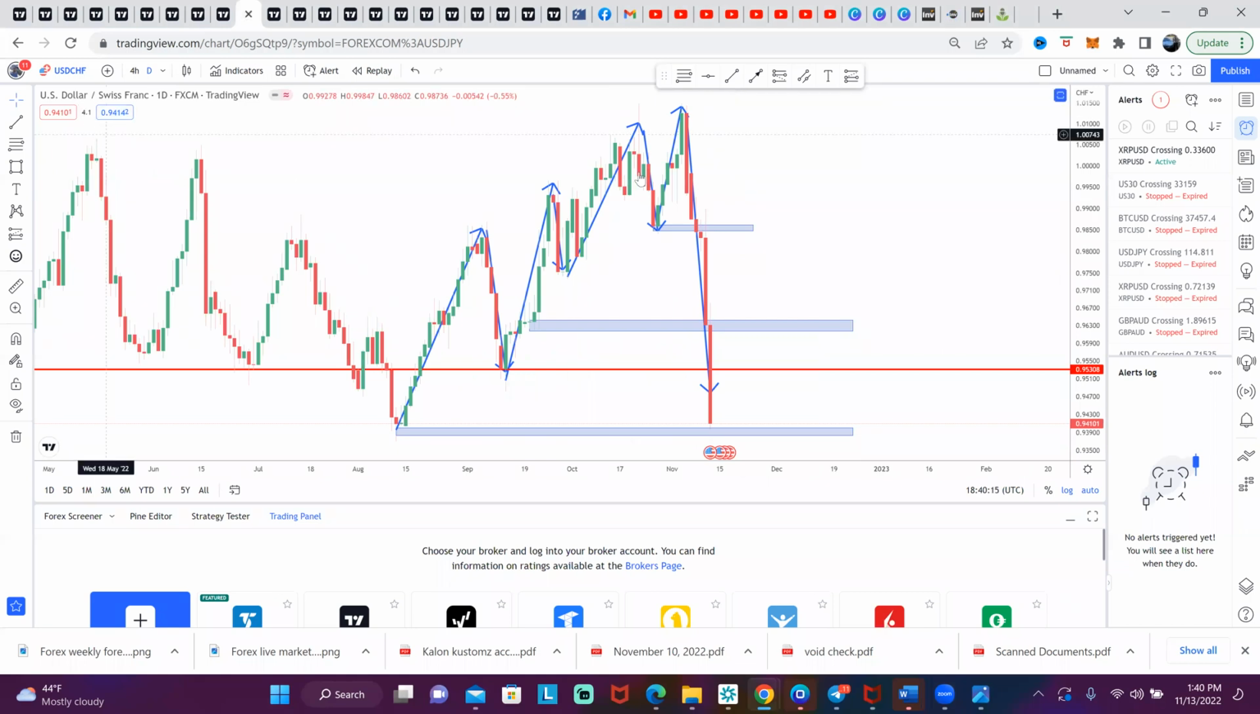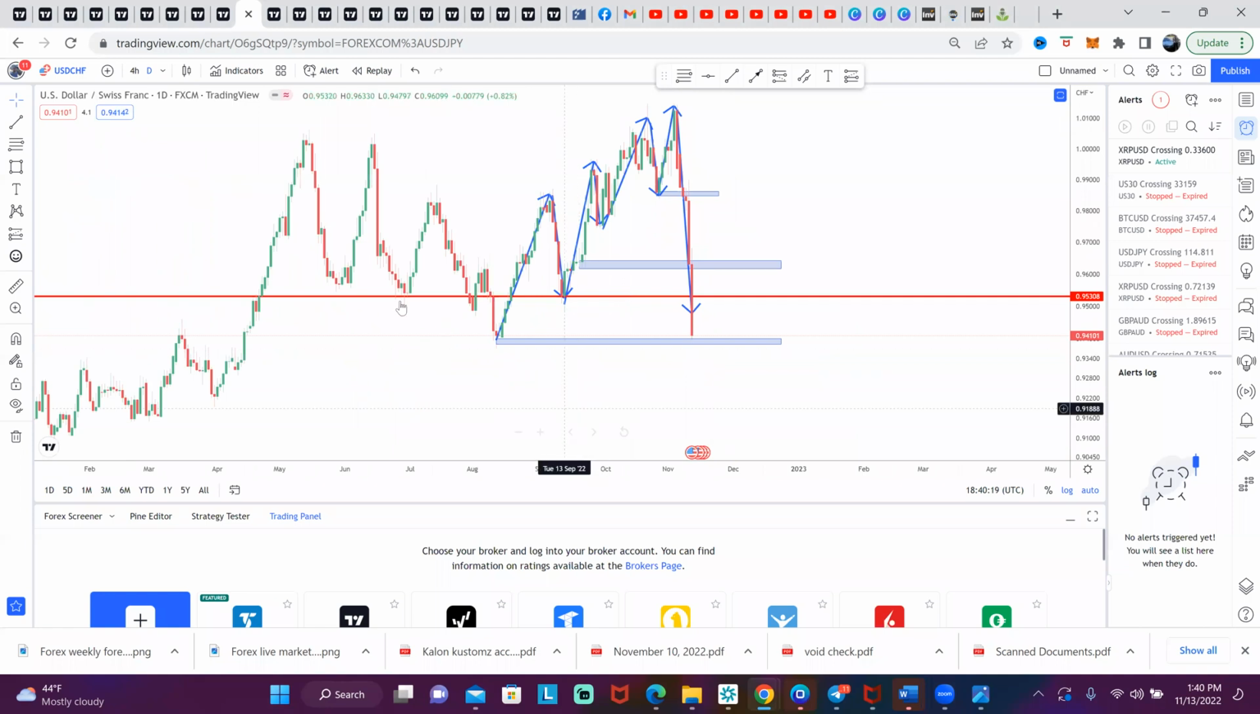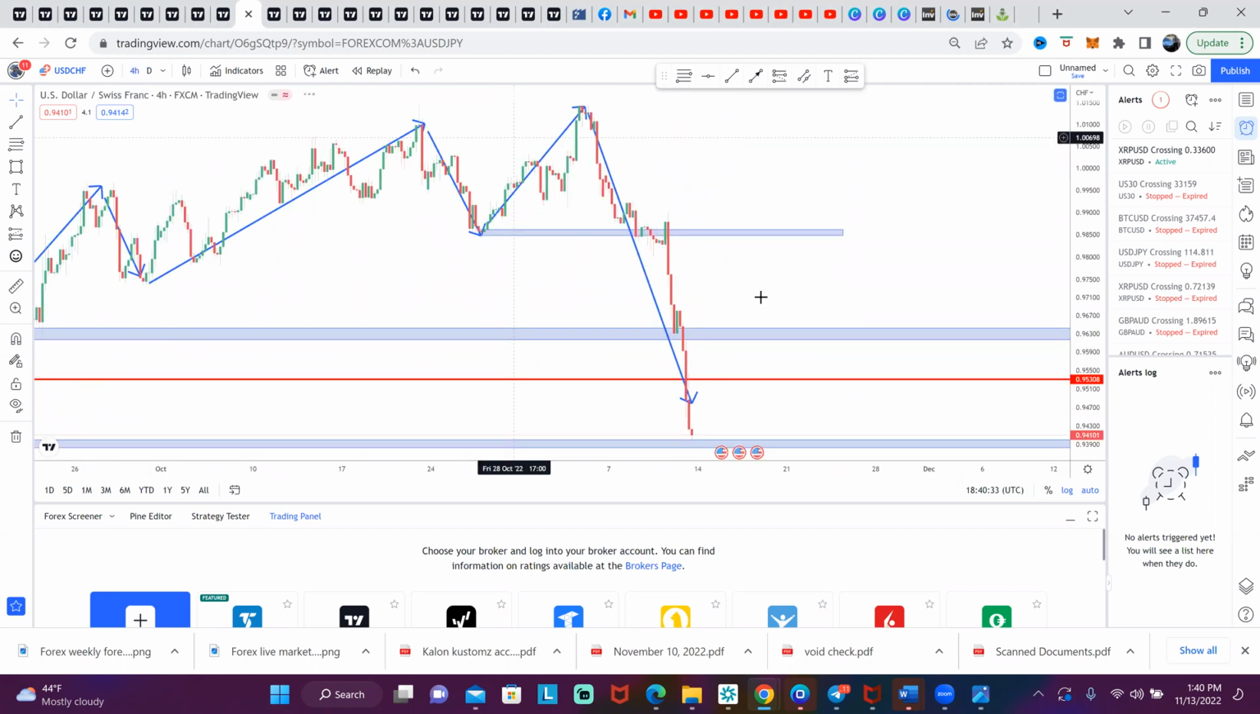And USD CHF. So right now, we're on a downtrend. We broke this area of support. We were creating highs. Now we're about to create lower lows and lower highs. So the daily chart, to the 4 hour,